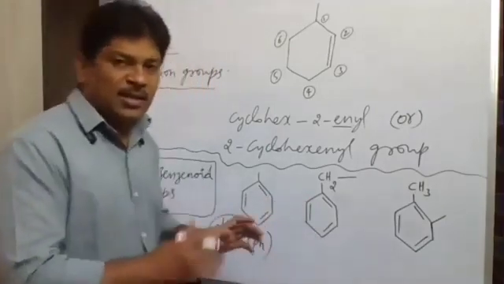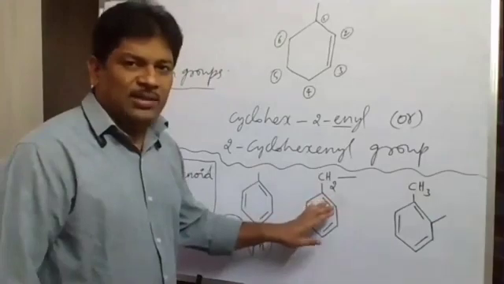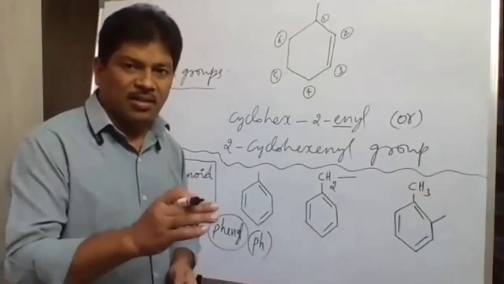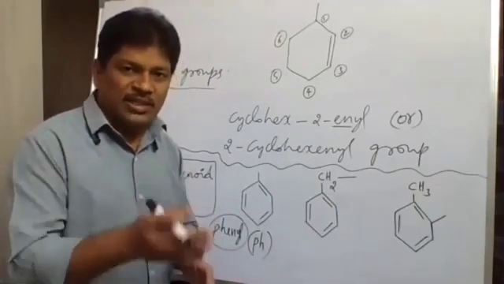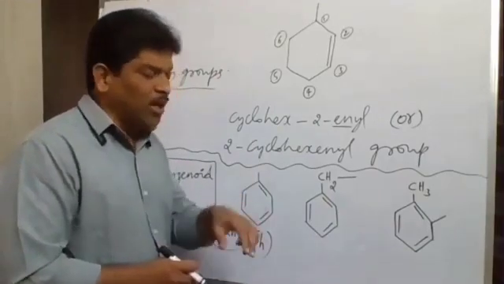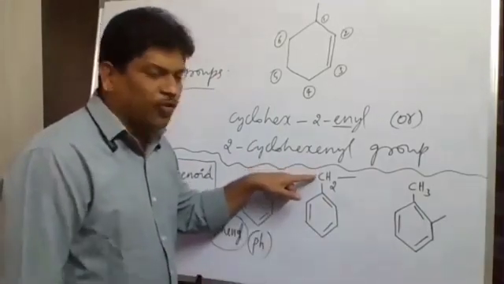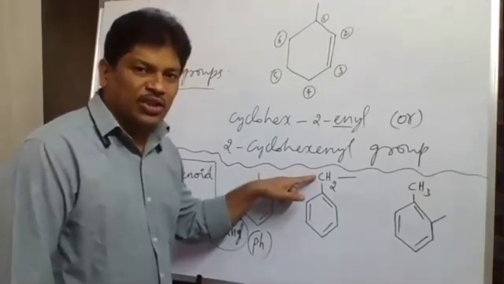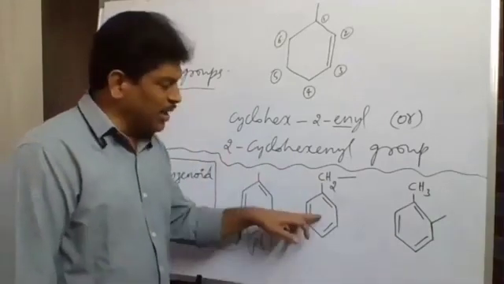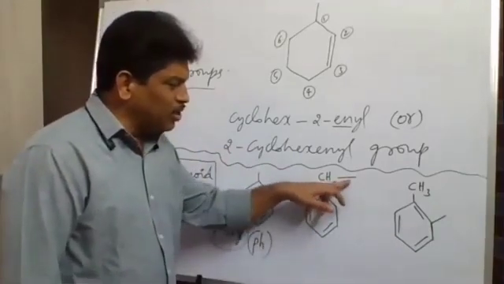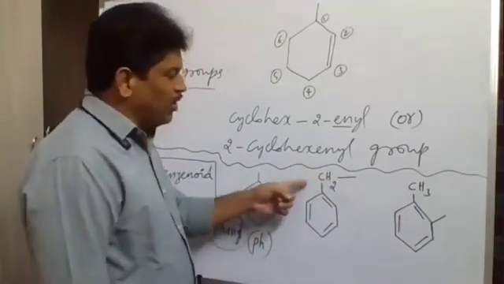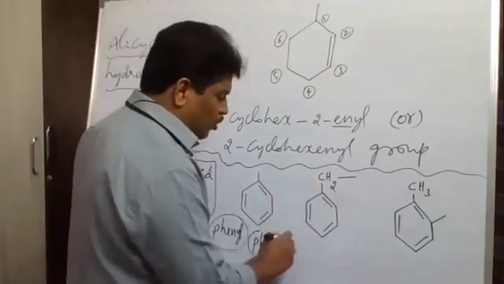Now if we take this molecule, in this case, if the benzene ring has one methyl group attached to it, that molecule is called toluene. Toluene is nothing but methyl benzene. If a methyl group is attached to the benzene ring, it is called toluene. From the toluene molecule, if hydrogen is removed from the methyl group, the CH3 branch attached to the benzene ring in the toluene molecule, then we got this group. What is this group name now? Benzyl.